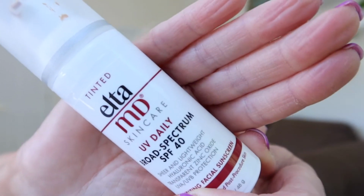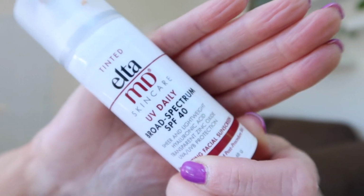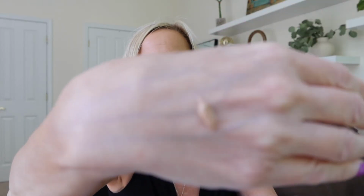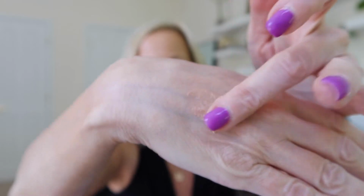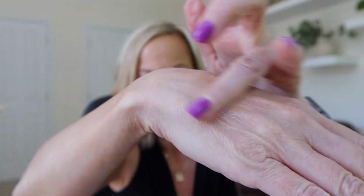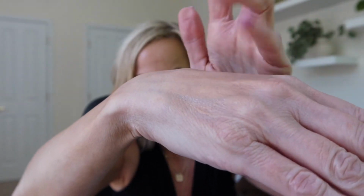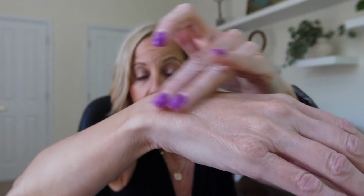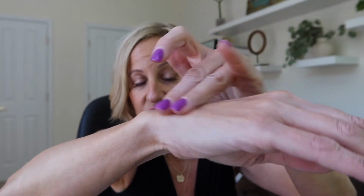But I did want to try this one here, the tinted Elta MD Broad Spectrum SPF 40. Let me just show you, I think I showed this already, but you see how it has a little bit of a tint to it? But it's really very light and moisturizing. It goes on smooth and blends really easily. You can see that. It wears well under makeup, which is key,